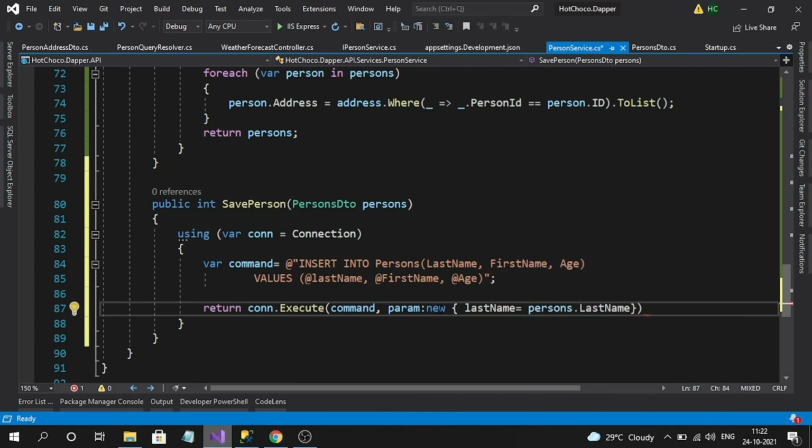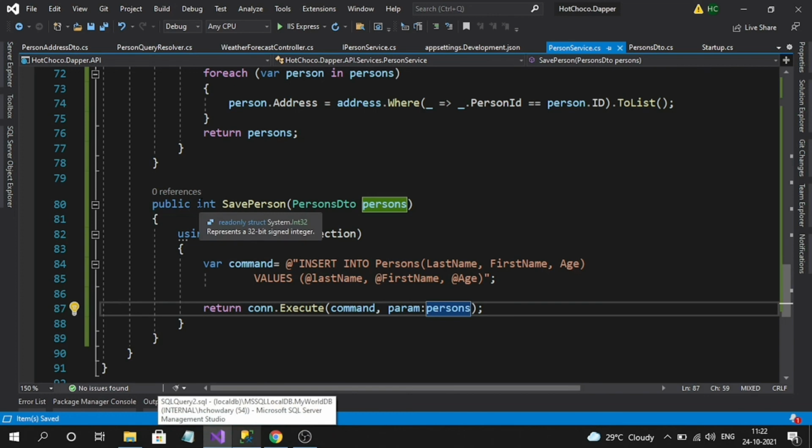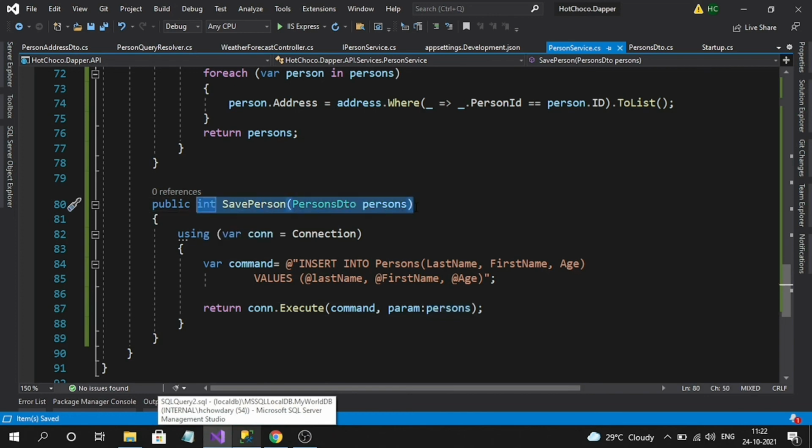Like that you have to specify explicitly. Since I am using the same variable names in my query, I can directly assign my object. Okay, that's it. So let's add it in our services.